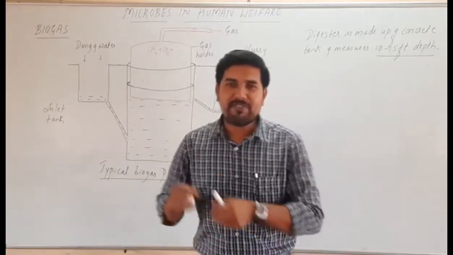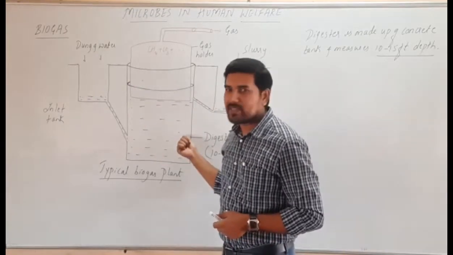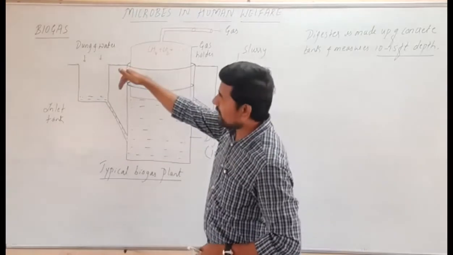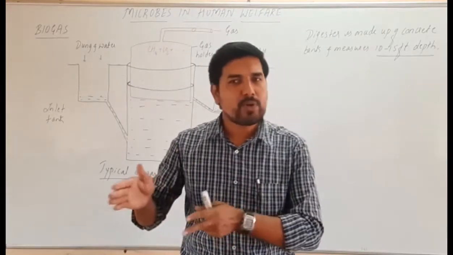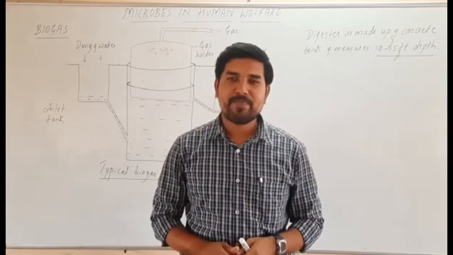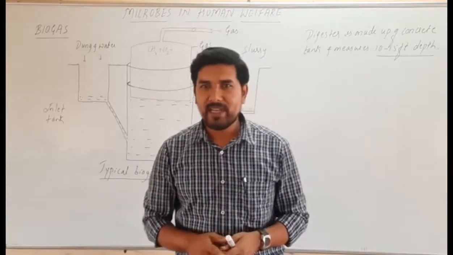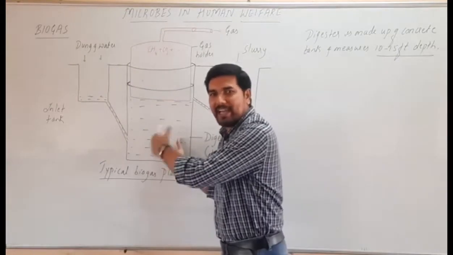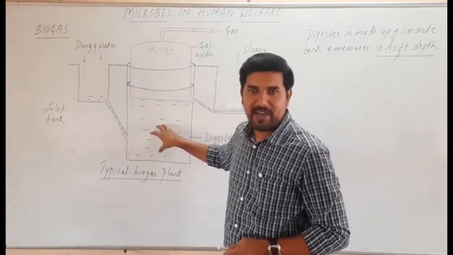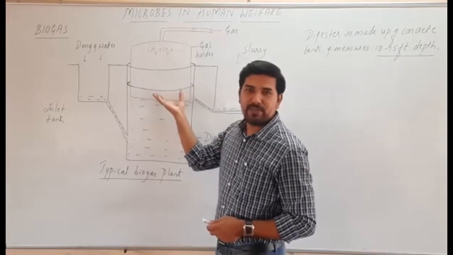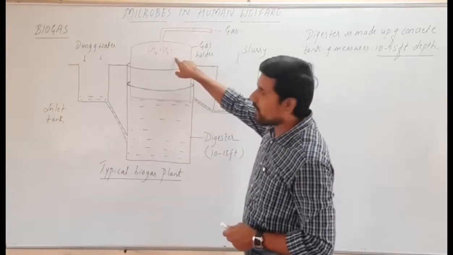Okay. Now after adding dung and water, is methane gas produced immediately? No. After adding cow dung and water, we have to leave it for a minimum of around 45 days to 2 months in the initial case. After leaving it for about 45 days, more than a month, the microorganisms undergo the anaerobic process. By anaerobic breakdown of this complex organic matter, methane gas is produced. The methane gas produced in this digester goes on accumulating at the top.